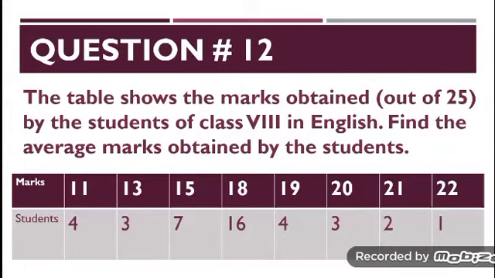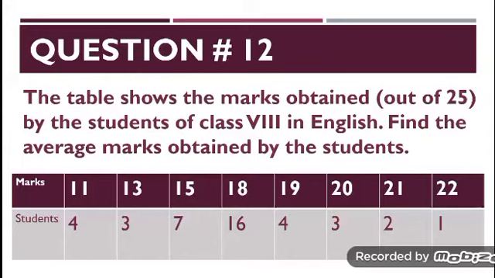To find out the average marks, we will use the same formula of mean which we have used in the previous lecture. And that formula is: average or mean is equal to sum of values divided by number of values. Here average is equal to average marks. Sum of values will be equal to total marks of all the students and total number of values will be equal to total number of students.